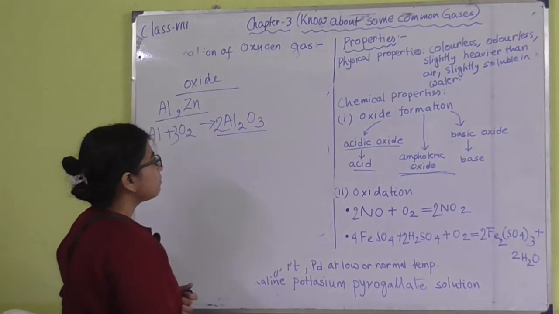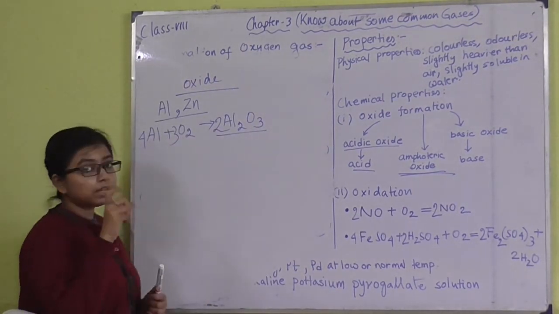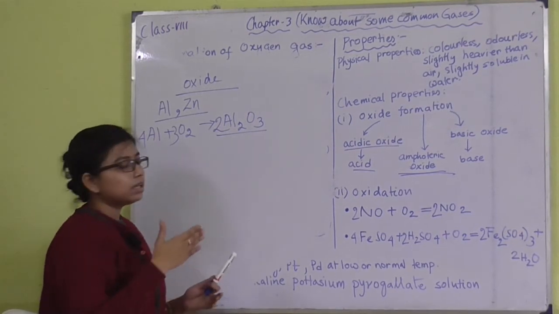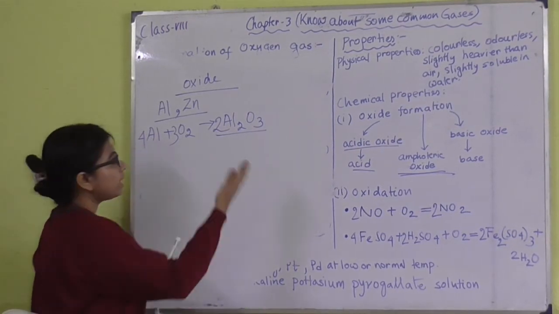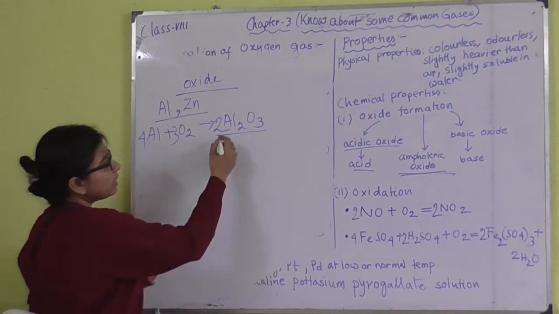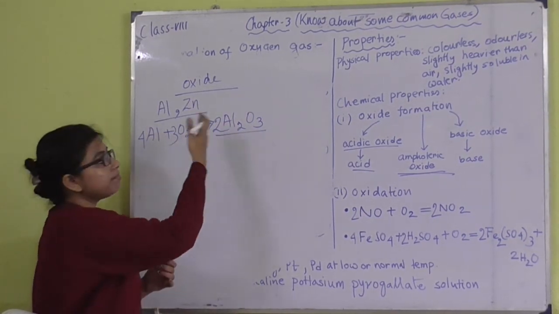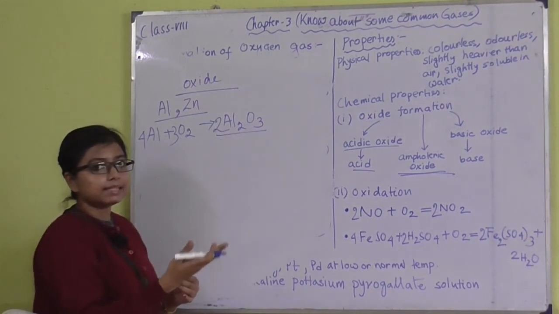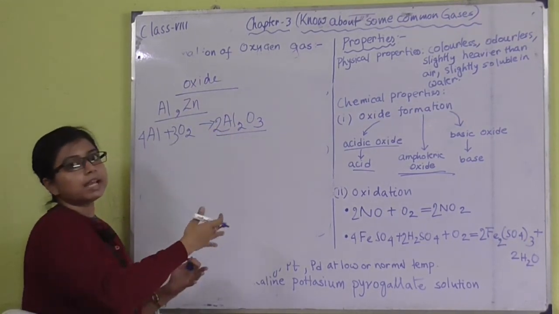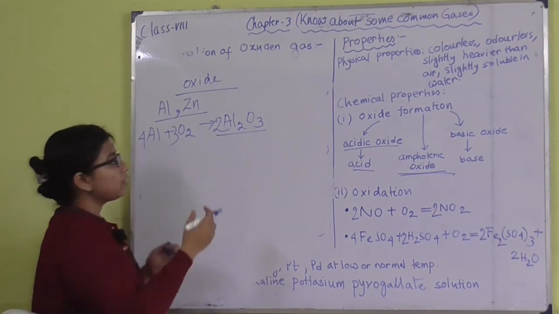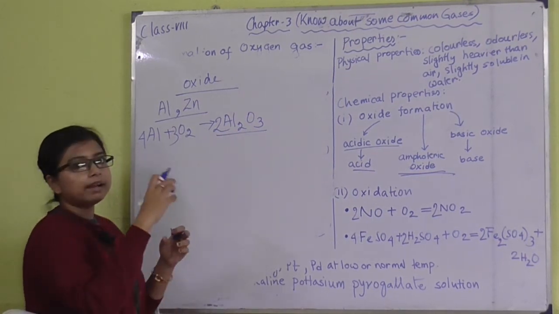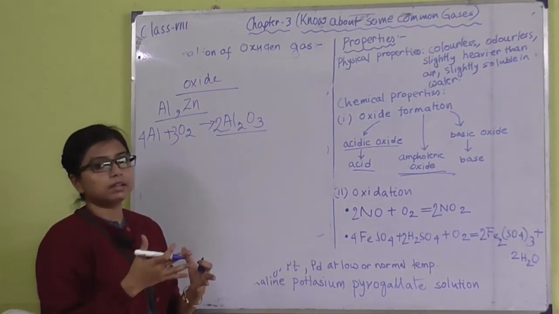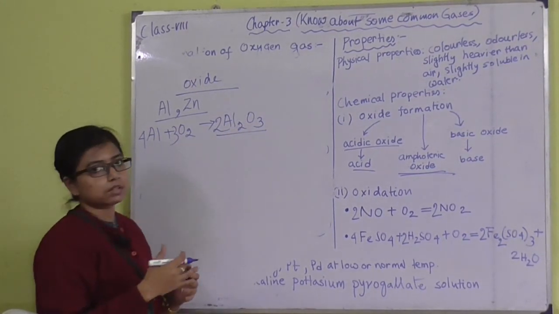Why is this amphoteric oxide? Because amphoteric oxide means those which can react with acid as well as base. When it reacts with acid, it itself reacts as a basic oxide, and when it reacts with a base, it itself reacts as an acidic oxide. So, it has no certain kind of acidic or basic properties. It is known as amphoteric nature or amphoteric kind of oxide.